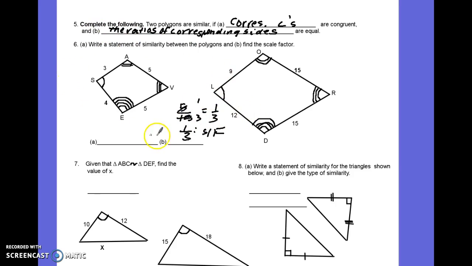So I'm going a little bit ahead of myself here because here it says write a statement of similarity, which I didn't write, but I did find the scale factor as I go from the smaller quadrilateral to the bigger one. Now here, statement of similarity is simple. It's going to be, let's say A, V, E, S is similar to,